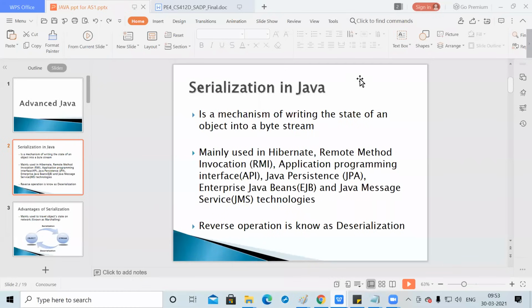The reverse process of this is deserialization. Deserialization is the process which converts a byte stream back into an object. So similar to serialization, deserialization is the reverse.